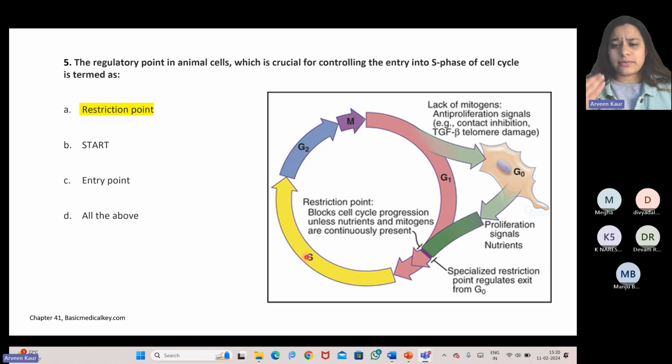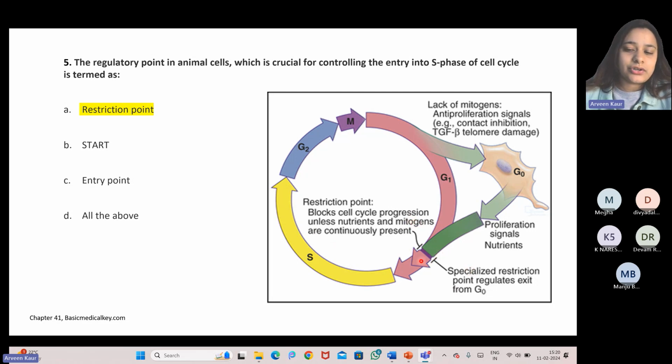So it is one of the cell's ways of checking whether enough supplements and nutrients are present if we are sending the cell to go for a division cycle, right? So that once it starts dividing or starts replicating, after that we don't face the problem of, oh, this particular substrate is unavailable, now what will happen, right? We can't give up the cell cycle in between. So this particular point is a checkpoint that makes sure of that, right?